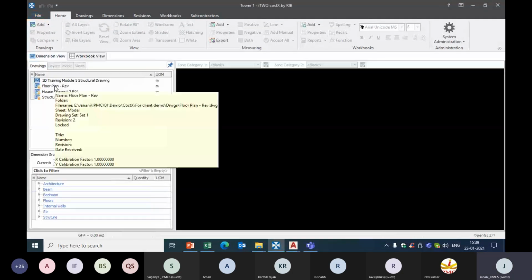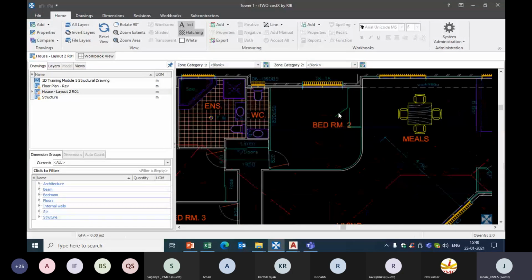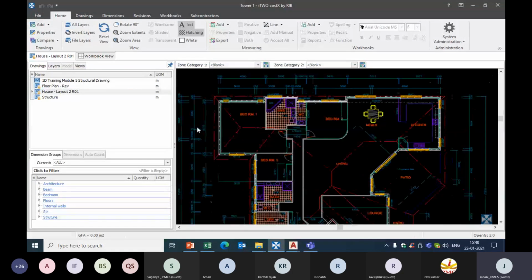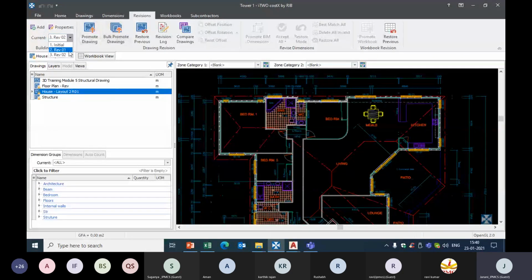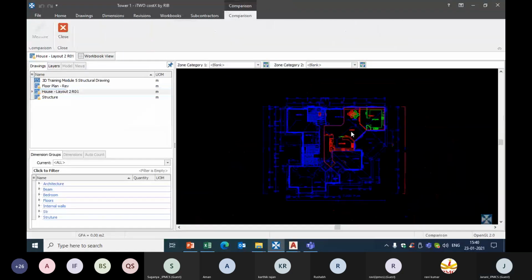I'll show you the overlay, comparing design changes first with the 2D drawing. I have a 2D drawing, I have taken quantities and prepared an estimate. When I arrive at an updated design, I'll prepare a revision log here: revision 1, revision 2, revision 3, the log goes on. Once I add a revision log, I can compare the 2 different drawings.